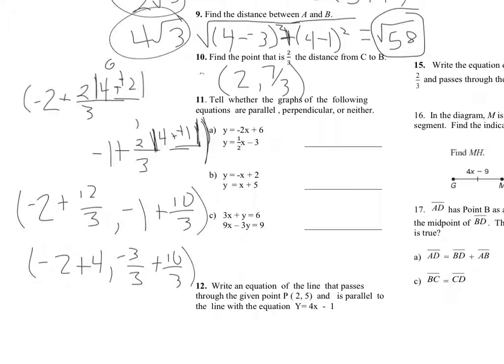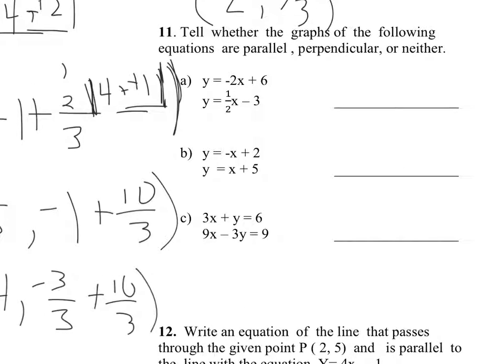11 A, B, and C: determine if they're parallel, perpendicular, or neither. So in other words, they're not the same, but they're not opposite reciprocals. They're just two different slopes. -2, if you flip it, becomes 1/2. Change the sign, positive, so